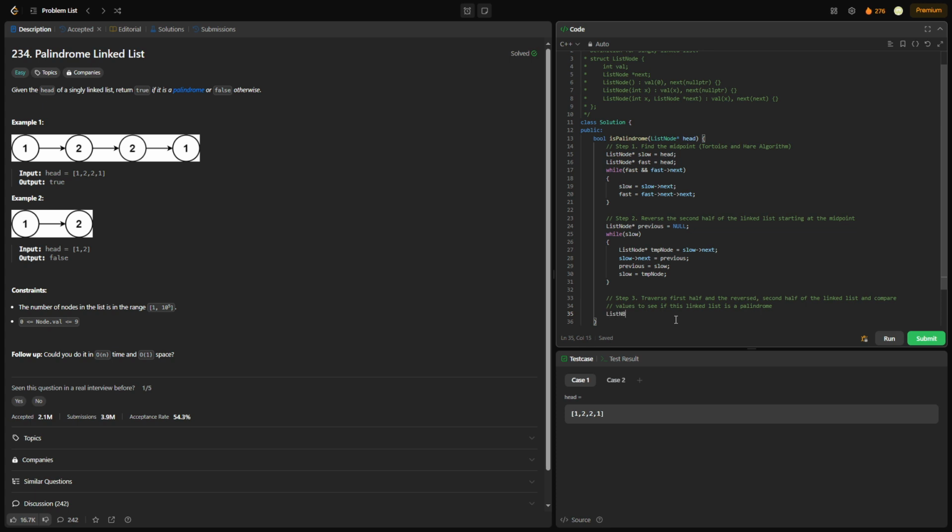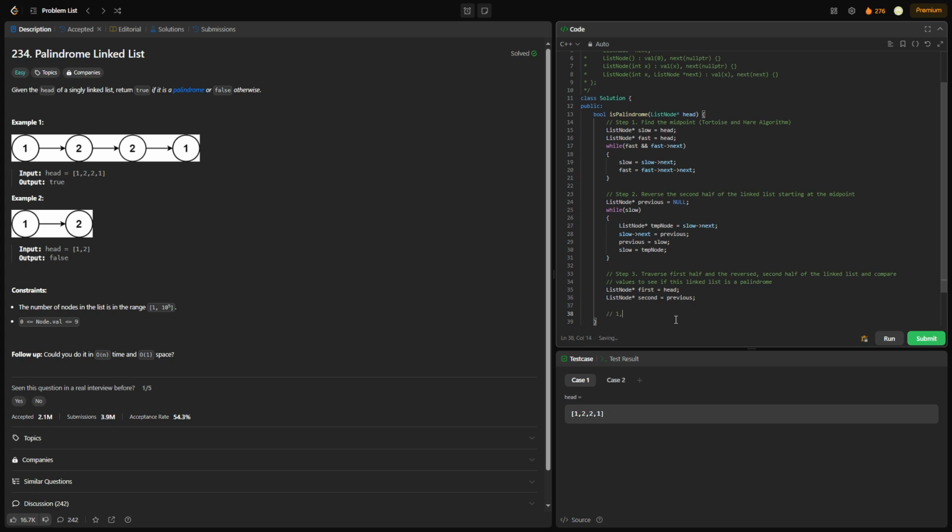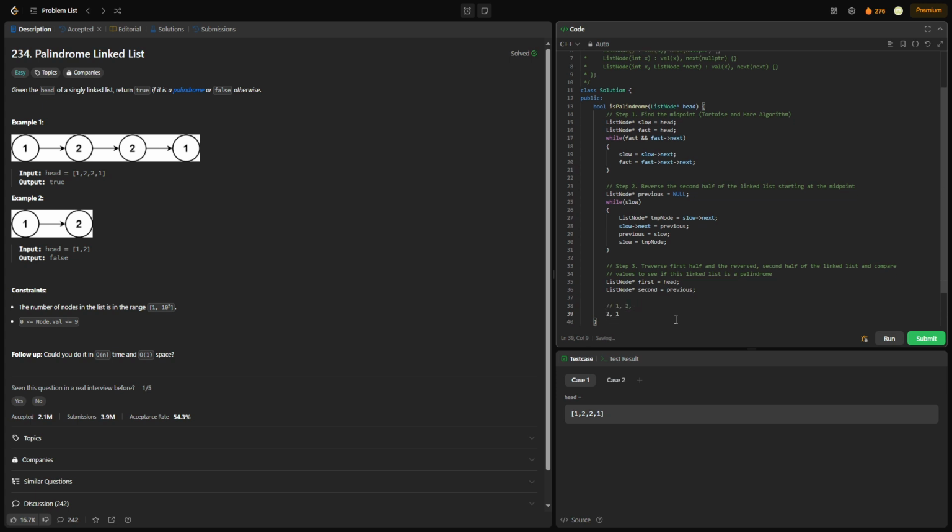Okay. So we're going to make this node called first. It's going to start at head. And the second one is going to start at previous. Now, let me go to an example. We'll just do 1, 2, 2, 1. When we take this and we reverse it,